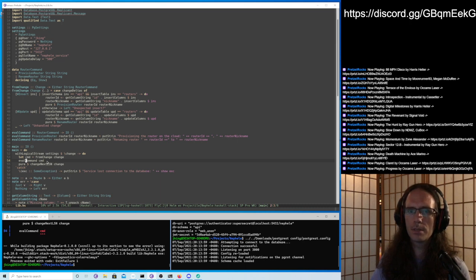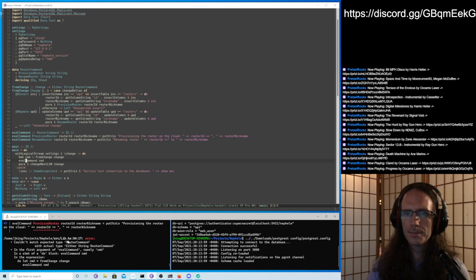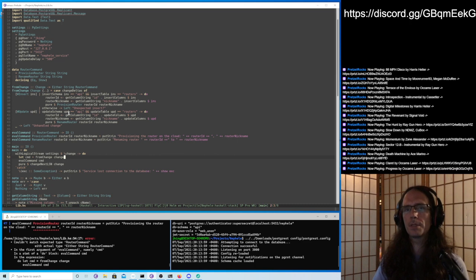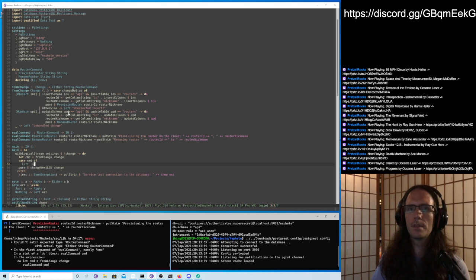Why isn't it working? Sorry. Oh, right, because that's an Either String. Okay, if we don't care about the left-hand side right now, we can just pattern match on it. Why not? Left: we just putStrLen, not a change we're interested in.